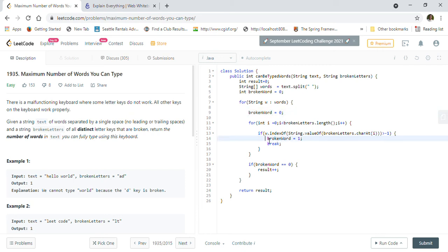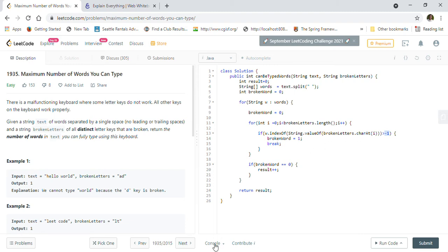If we find any broken characters in this word, then we will just say broken word is 1 and break out. So here the indexOf method will give us -1 if that string is not present in it. Otherwise it will give us the index of the present character, right? So that's how the solution works.